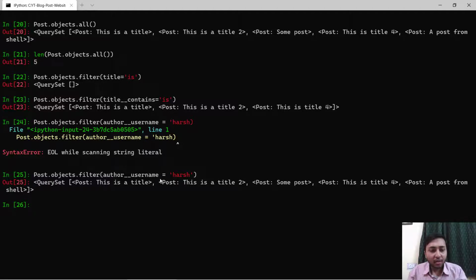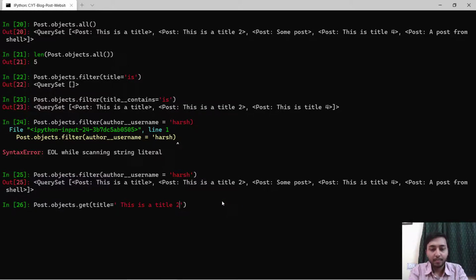Now the third thing I want to implement is the delete method. Let me show you this one. Post dot objects dot get, I will say title is equals to this one, that means the post we have created. Okay, I don't want to delete this one. I'll delete this one, this is title 2. Just its name we can remember. We will check again when we run the server.